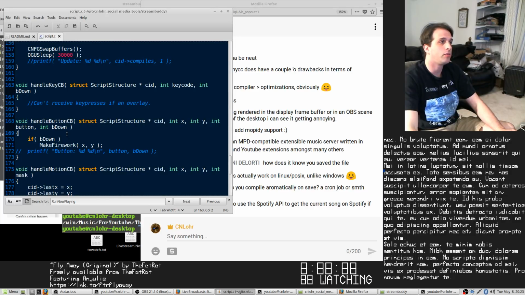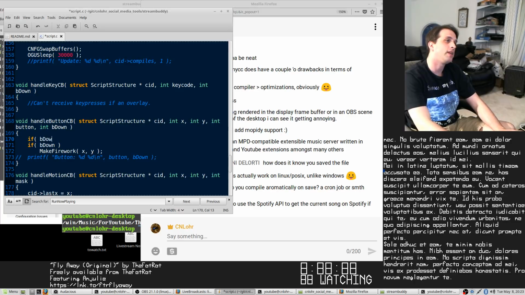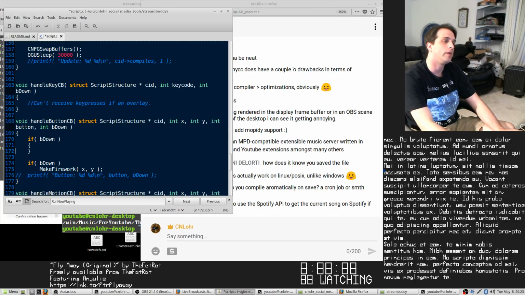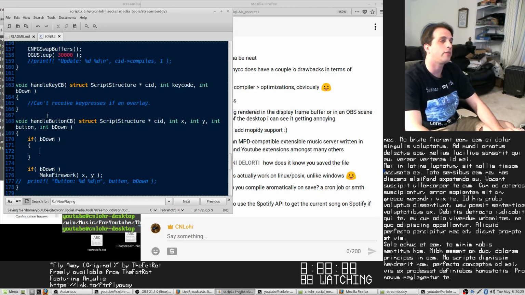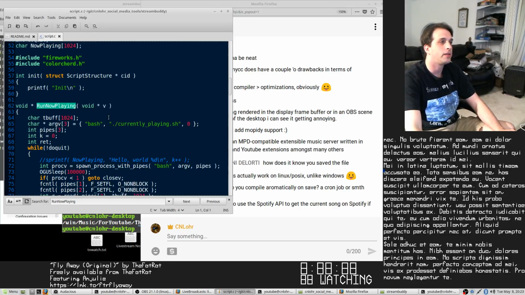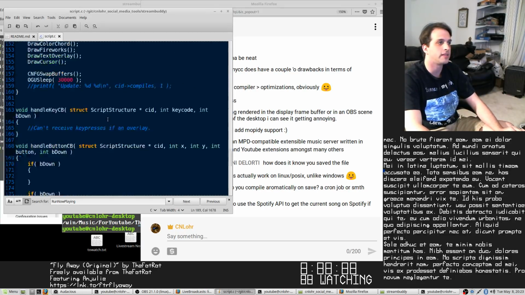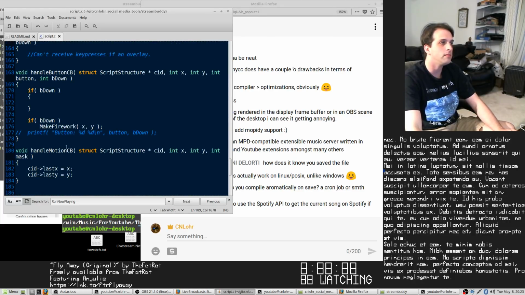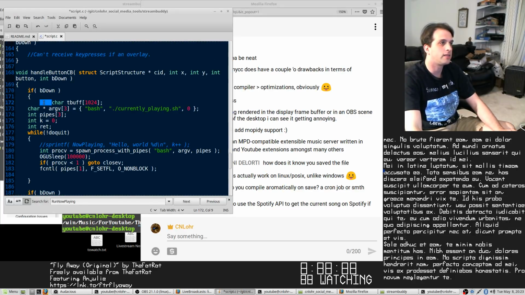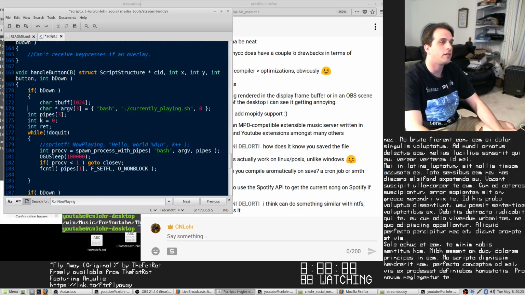Okay, so handle button. Let's do this right here. If b down, then we will post a message. Now how do we post a message? We're going to post a message by copying and pasting a bunch of this stuff up here, because that's just how I roll. And tbuff is going to be the return buffer, which I don't really care about, but I do have to run